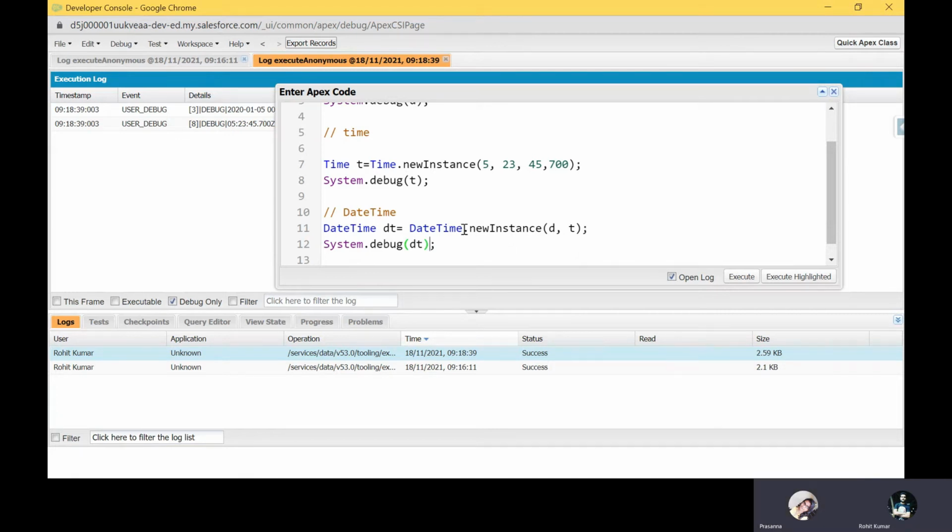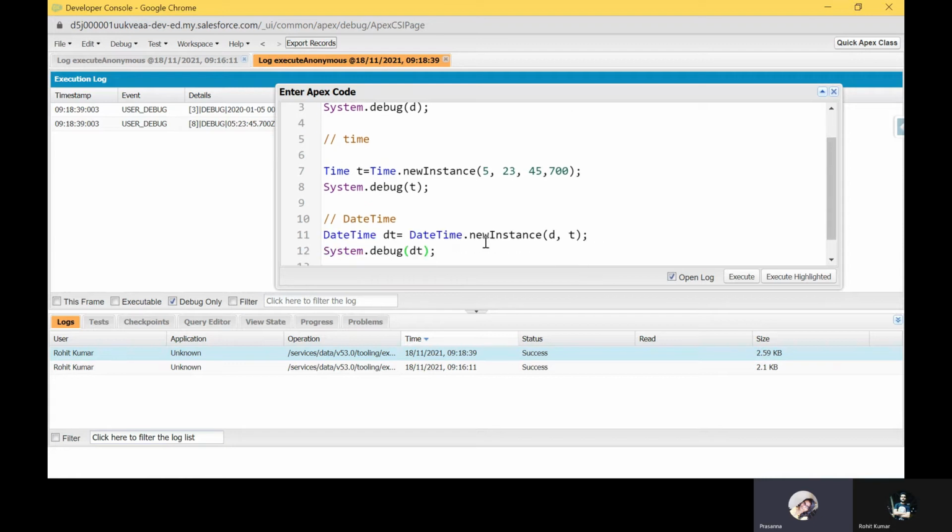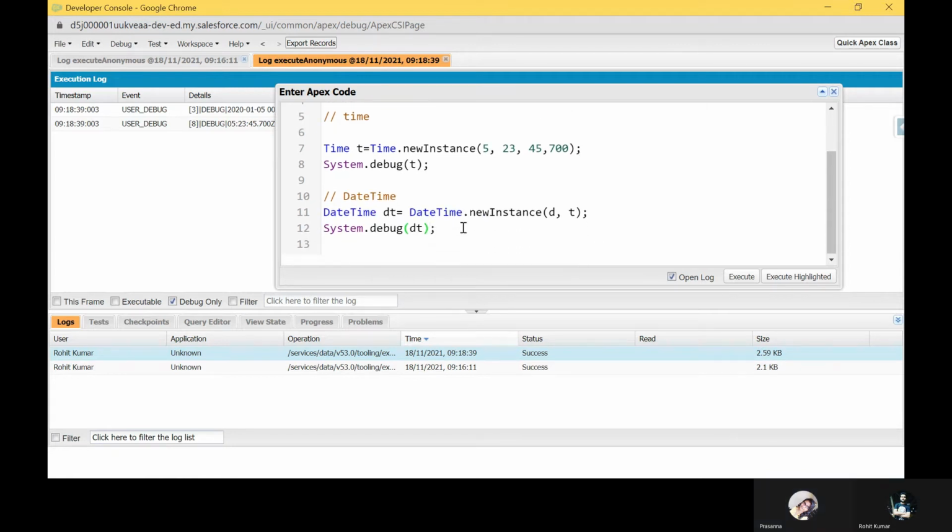Why is new not used there? Normally for everything we use new, like a new data type, new everything, right? But why have we used newInstance on the DateTime side?